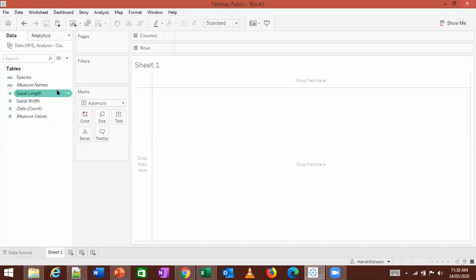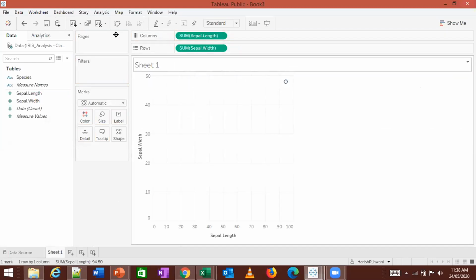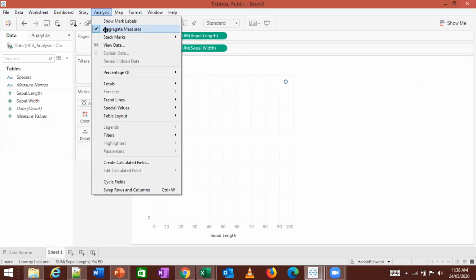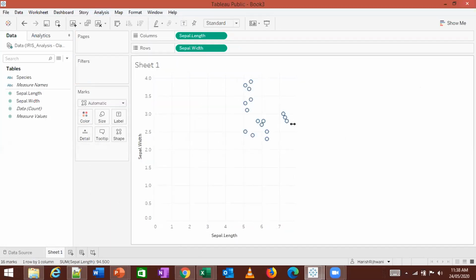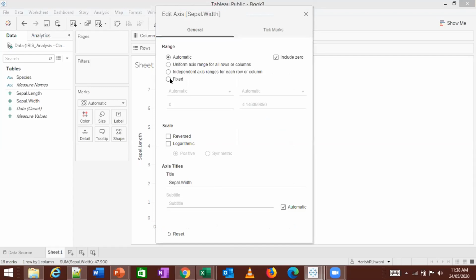So again, over here, I'm going to plot a scatter plot. I'm going to take length and width. I get just 1 point. To change that, I go to Analysis and remove the aggregate measures. I swap it, putting width in columns and length in rows. I want only this particular size of graph, so I double click on the sepal width, and I can have a fixed range.